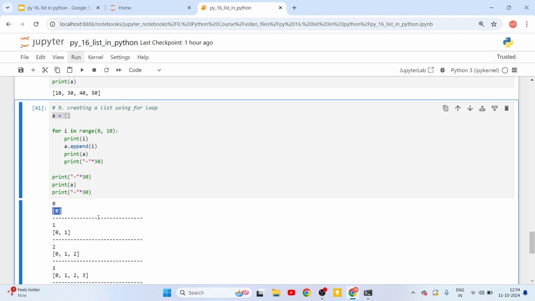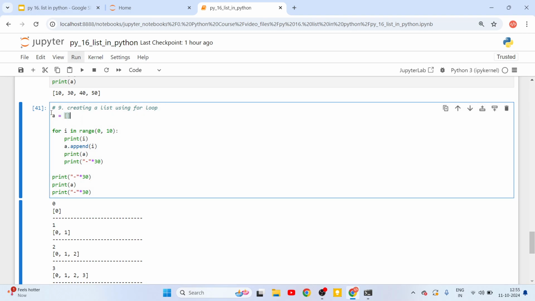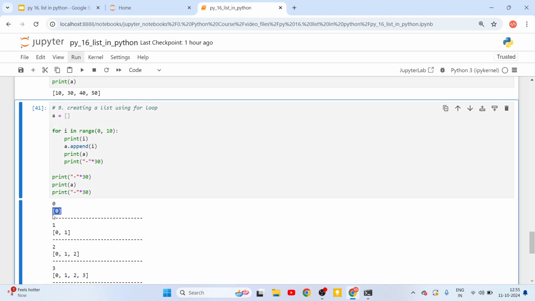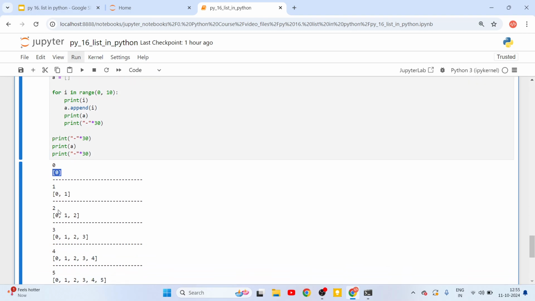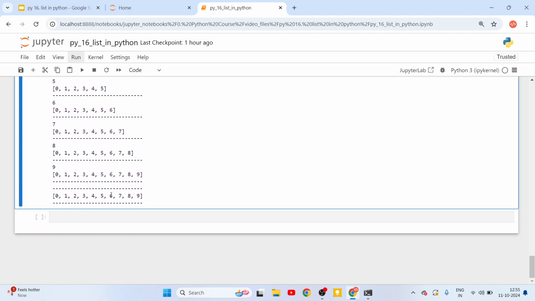And now the second time the for loop runs, the value I takes the value of 1. That's what we have printed, and this is appended to this list A. Now the list A is not empty, it already has the value 0. So now we add 0 and 1. The next time 2 is the value of I, and it gets appended, and this process goes on until the value